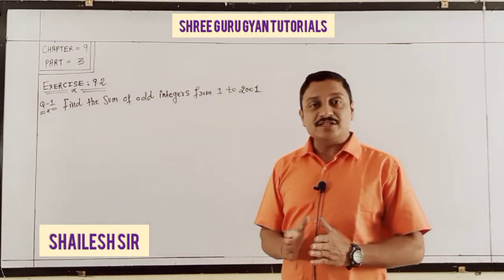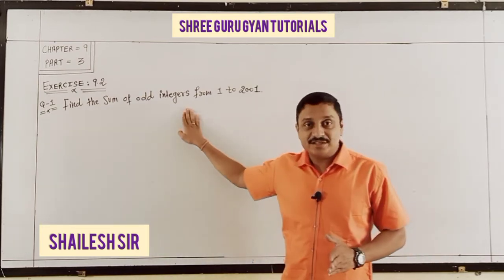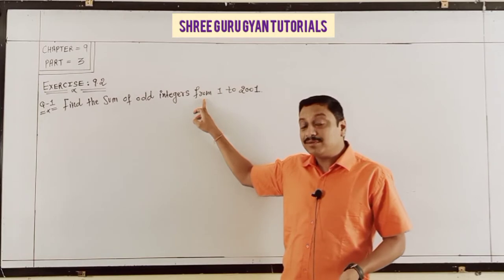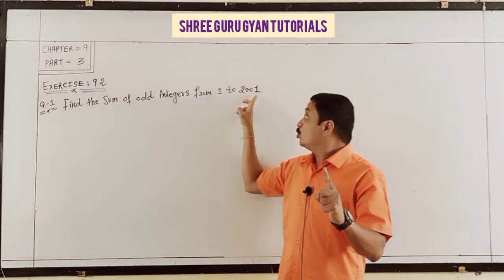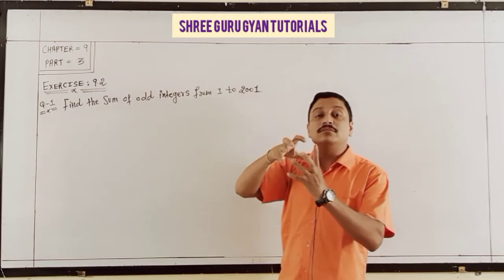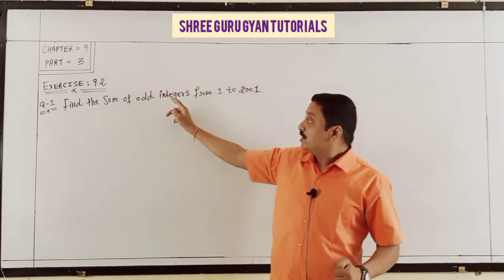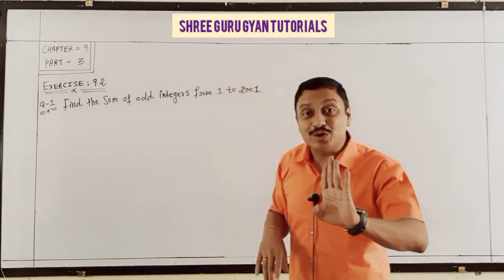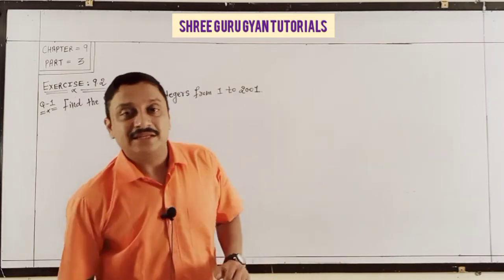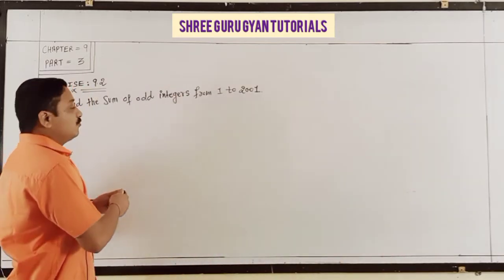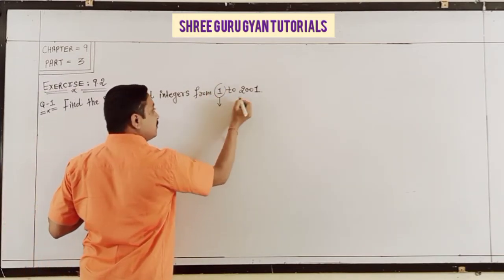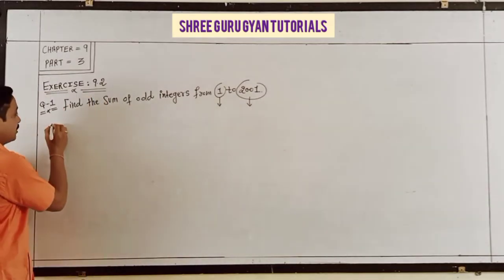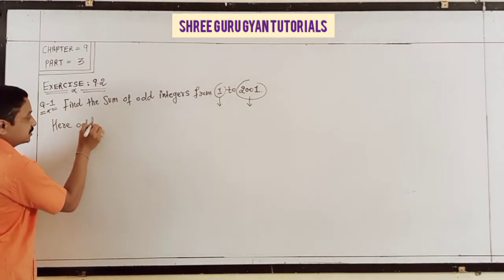The question is: find the sum of odd integers from 1 to 2001. Here it is given "from," which means 1 is counted, 2001 is also counted, and all the odd numbers between are counted. If the word "between" were given, then 1 and 2001 would not be counted. Here, since "from" is given, I apply it to 1, which is an odd number itself, and 2001, which is also an odd number, and all numbers between. So here the odd integers are